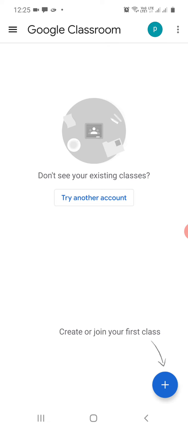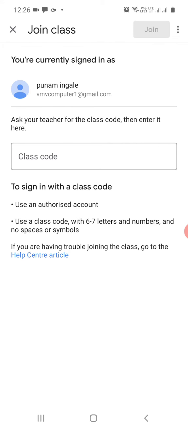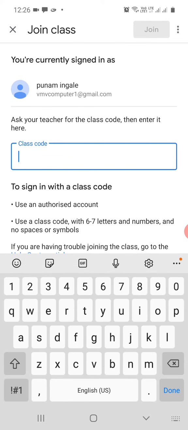So friend, suppose you have to join a classroom, then tap the plus button and join class. Here you enter the class code. Suppose you have a class code for a computer science classroom.